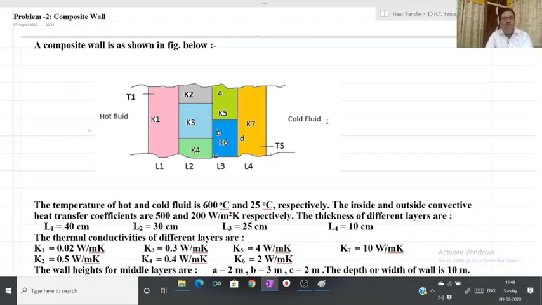Problem 2 on composite wall. A composite wall is as shown in the figure below. It consists of a composite wall made up of materials having thermal conductivity K1, K2, K3, K4, K5, K6, K7, where the second wall is made up of three different materials, and the third wall or slab is made up of two different materials, and this composite wall is separating hot and cold fluid,